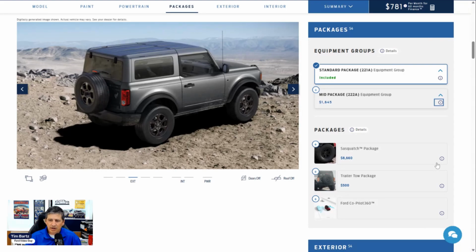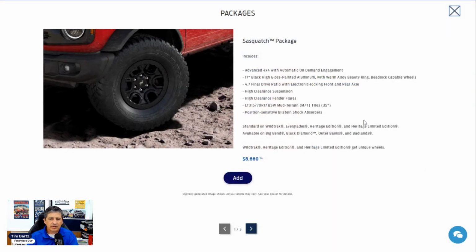Also, let's talk about this other package. Sasquatch package that is also optional for you on about all of your models. Some models do come standard with the Sasquatch package. And so this package here is where you're going to get your advanced 4-wheel drive system with the automatic on-demand engagement. Also, this is where you're going to get your 4.7 final drive ratio with the front and rear locker